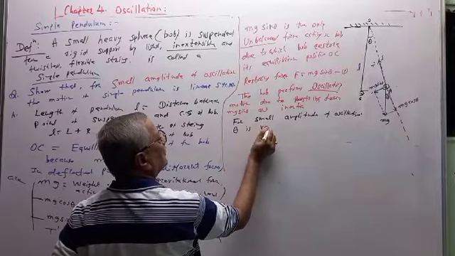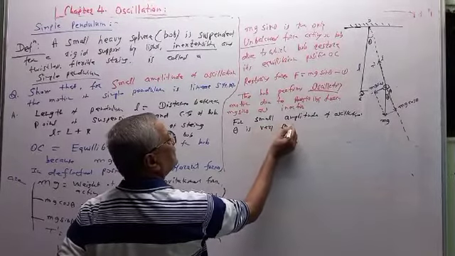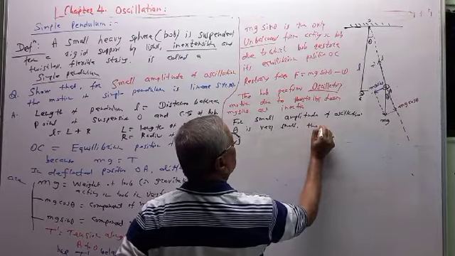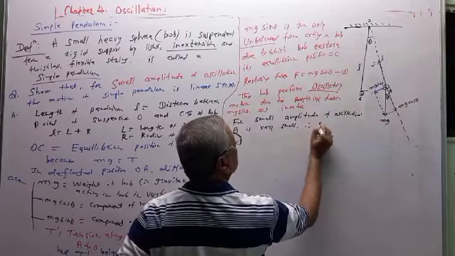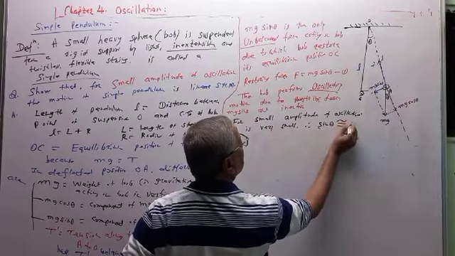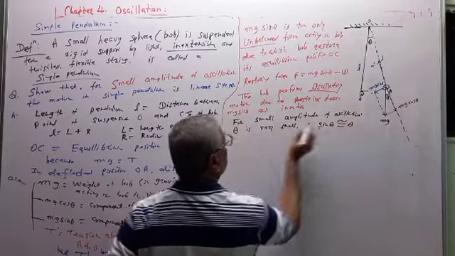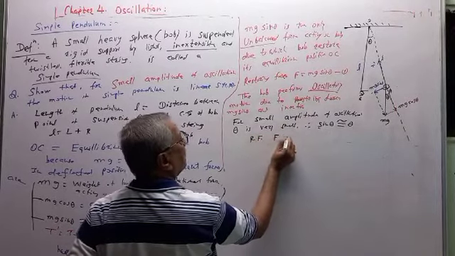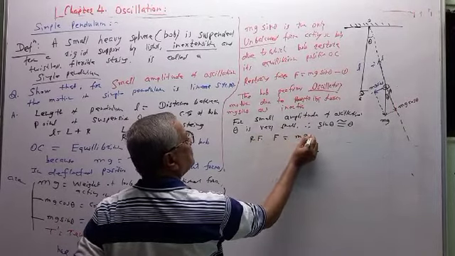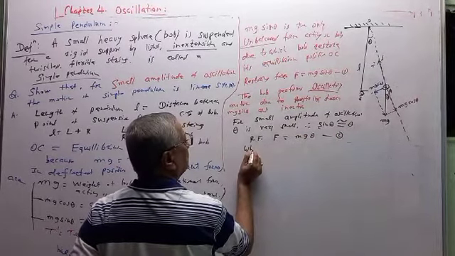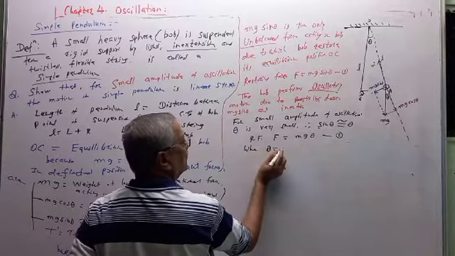Theta is very small, if it is less than 5 degrees. Therefore, for sin theta we are using this approximation: sin theta is nearly equal to theta in radians. Therefore, the restoring force F is only mg theta. This is equation 2, where theta is equal to